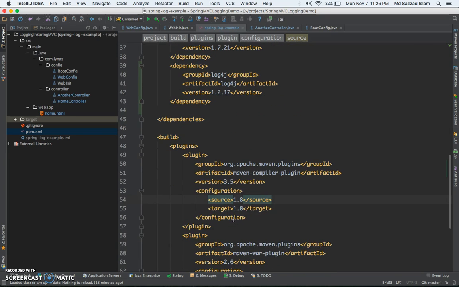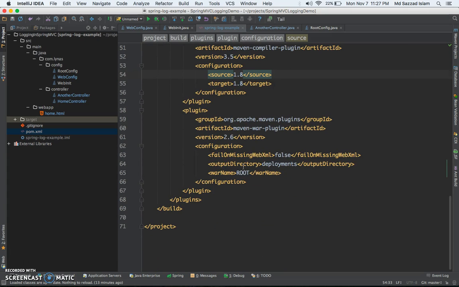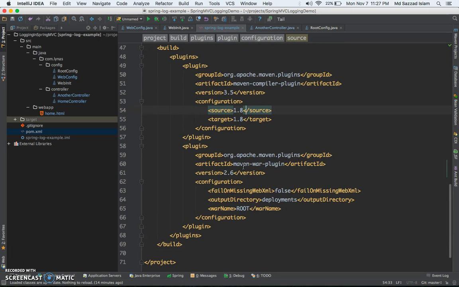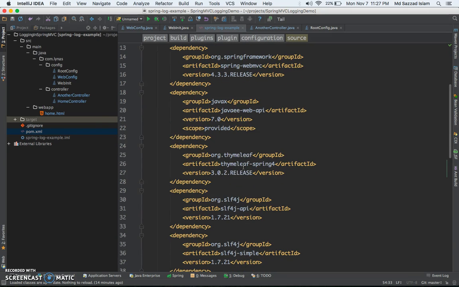I have some build plugins. These are not mandatory, I added them for convenience. This is going to compile and make the war using JDK 1.8 and the war plugin to make your war file from the terminal. These are not mandatory. I just added them for convenience. Anyway, so next